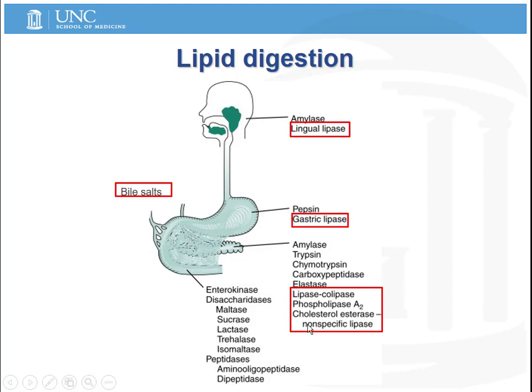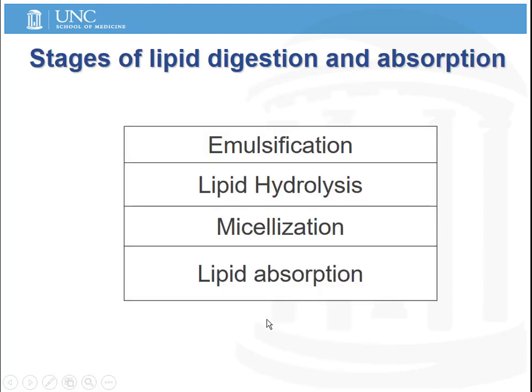Then it is the pancreatic enzymes that perform the bulk of digestion in the lumen of the small intestine. Lipase and colipase digest those triglycerides, phospholipase A2 digests phospholipids, and cholesterol esterase, also called nonspecific esterase, digests cholesterol esters. Bile salts from the liver are also important in the emulsification process, and brush border enzymes are not involved in lipid digestion. Lipid digestion and absorption can be divided into 4 stages: emulsification, lipid hydrolysis, also known as lipolysis, micellization,